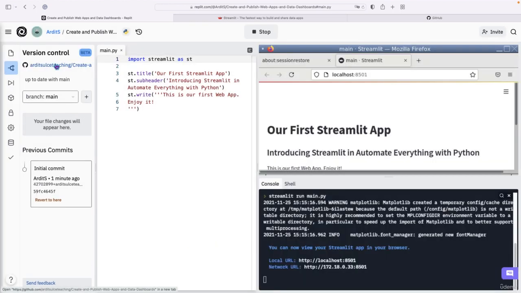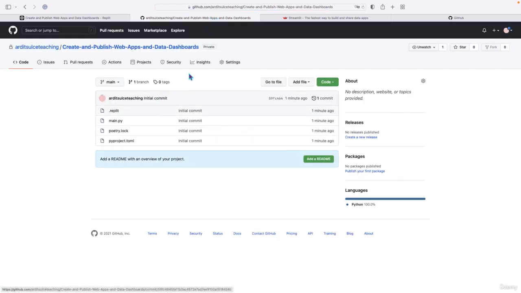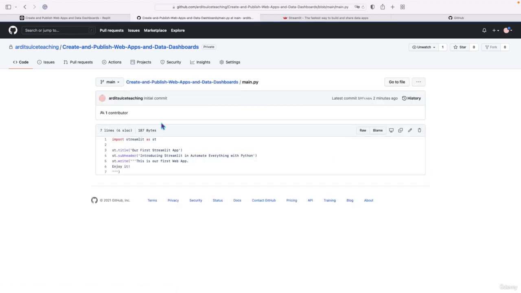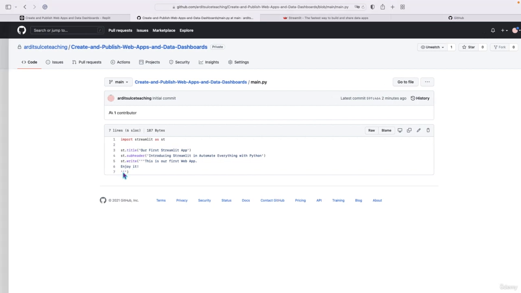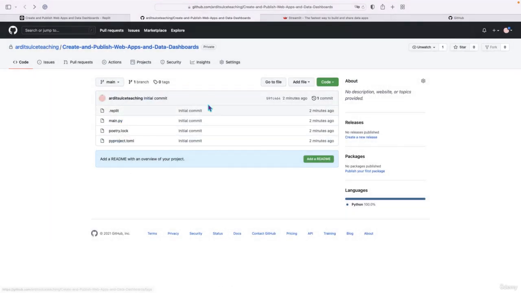Right, then if you click here, this should take you to that GitHub repository. So that's our code. Main.py is the code we have been writing in this video. And that's the homepage of the repository. So here. Now, the next step is to go to